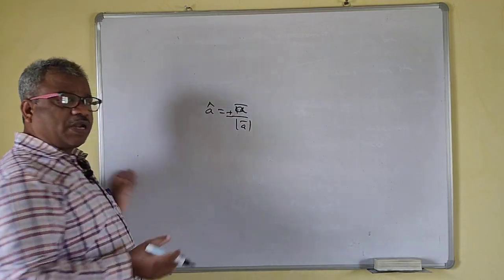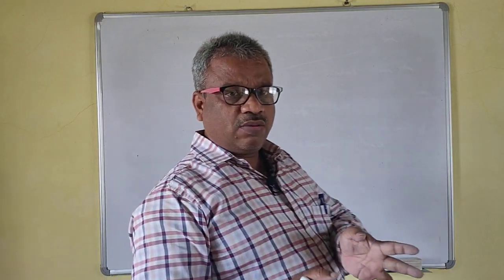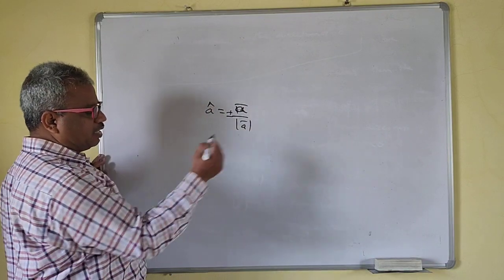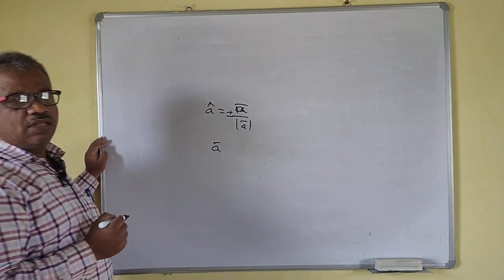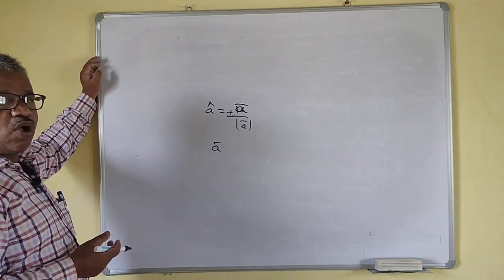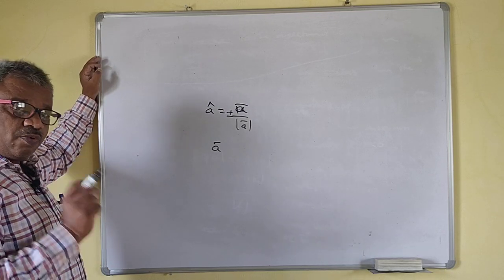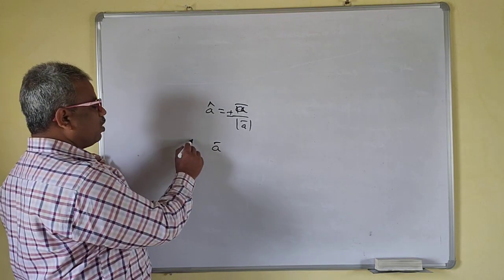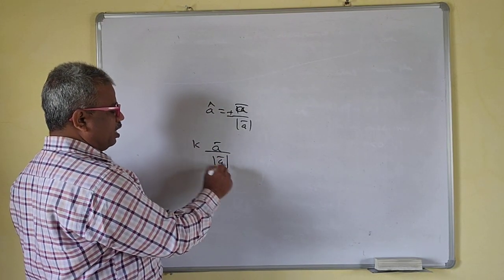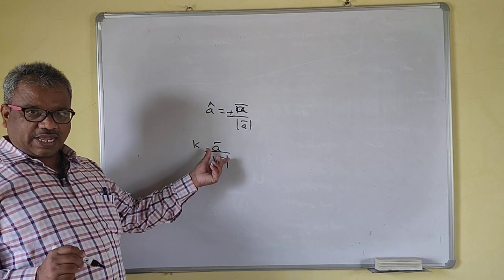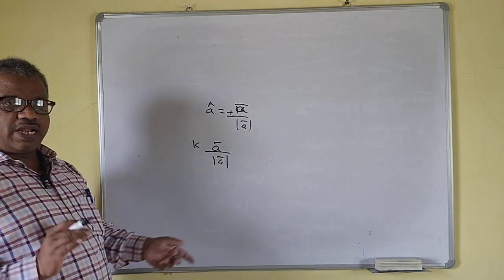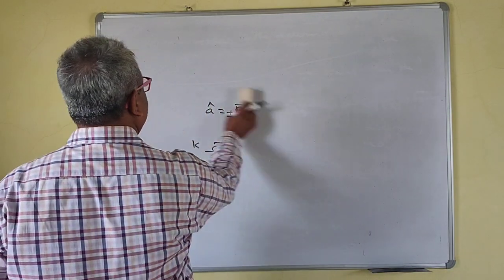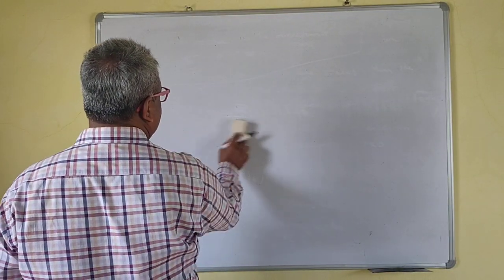Okay. Now if you want a vector of a particular magnitude, what do you have to do? Suppose the direction of the vector is also given to you. Suppose a bar is the direction of that vector, and you want a vector whose magnitude is k and which is in the direction of a bar. Just find a unit vector in the direction and multiply by k. So we will get a vector whose magnitude is k now. Since you are saying magnitude is k, that means k must be positive.